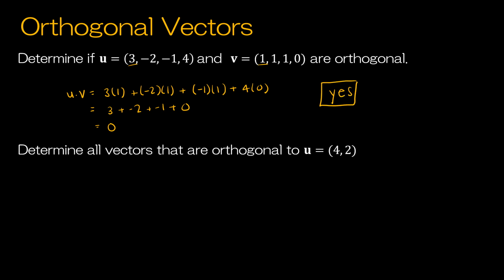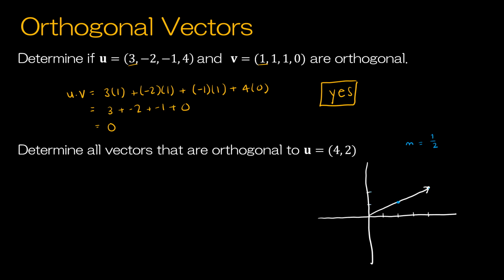Now the next one's not quite as straightforward. This one's saying find all vectors that are orthogonal to (4, 2). So 1, 2, 3, 4, 1, 2. Here's vector u. We're saying let's find all of them that are orthogonal to (4, 2). Now, we could draw a picture. So before I do any math, let's draw a picture. I know that this has a slope of up 2 over 4, or up 1 over 2, which means my slope of the original line is 1/2,